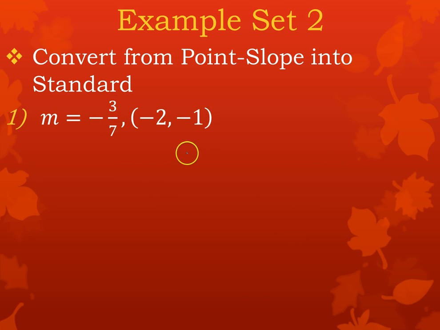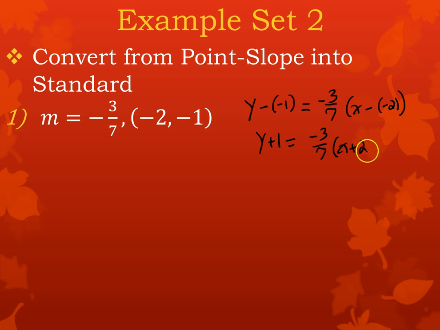Let's do this one together. So we would plug in, so it would be y minus a negative 1 equals negative 3/7 of x minus a negative 2. So we have y plus 1 equals negative 3/7 of x plus 2. Since I have a fraction, I multiply everything by the denominator, the 7. So I get 7y plus 7